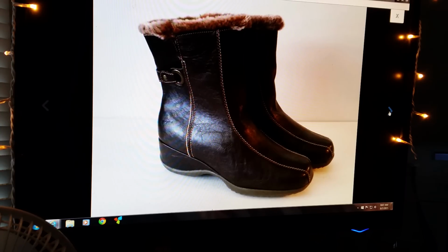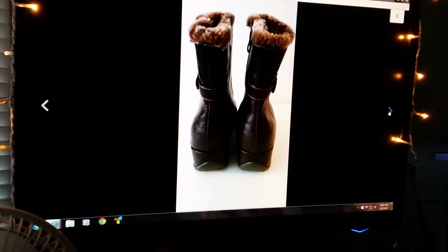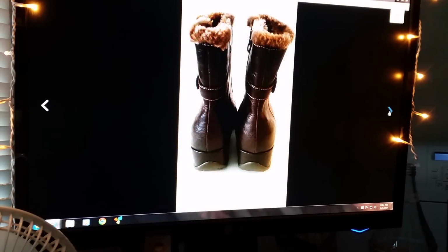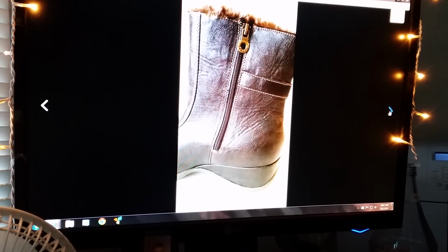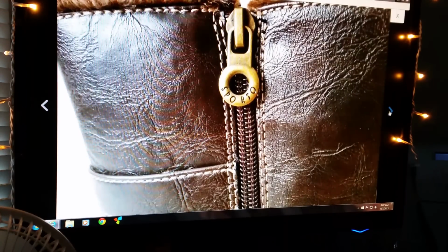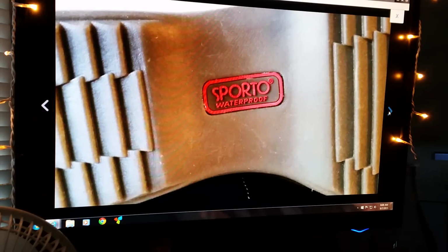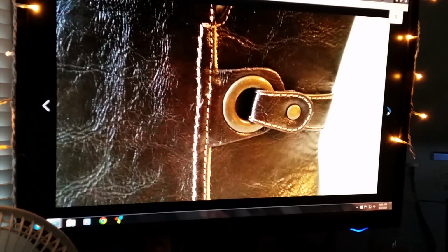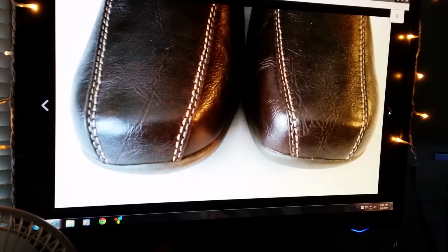These are Sporto Alex boots. They're waterproof, ladies size 11. Larger sizes, of course, as we know, always do really well. And they have the zip up and then the faux fur lining. Just showing you some of the pictures I got. Make sure you show all the angles. Bottoms were like mint pristine condition. So those sold for $34.99